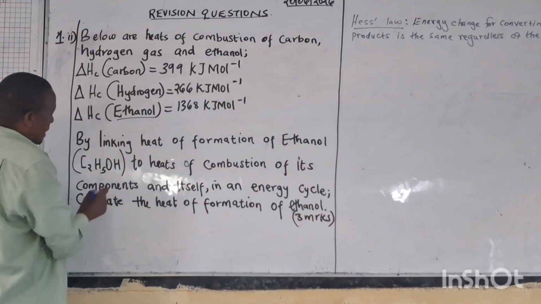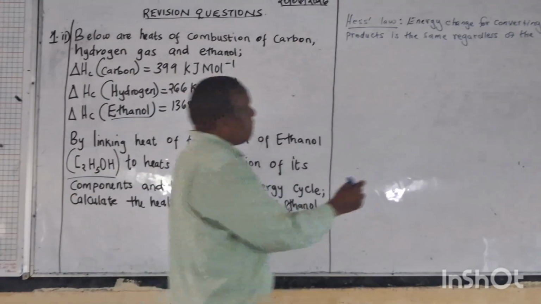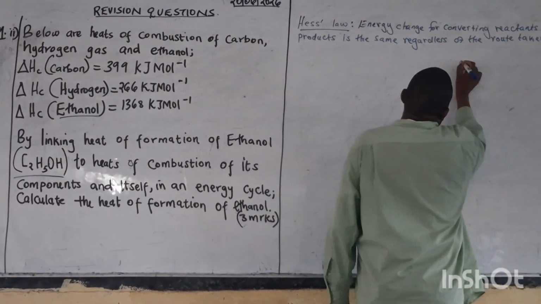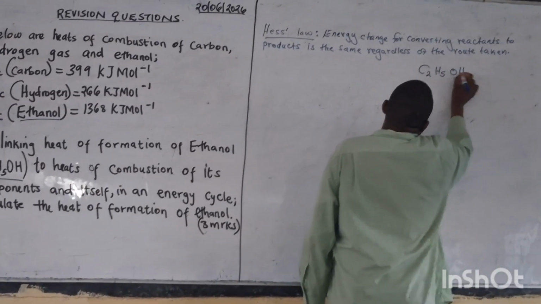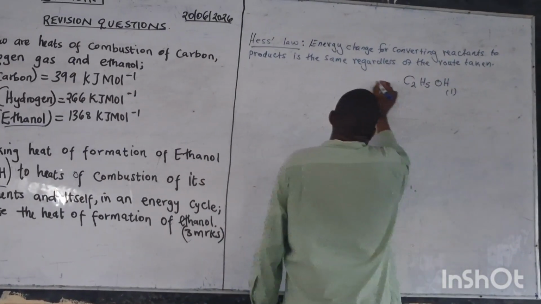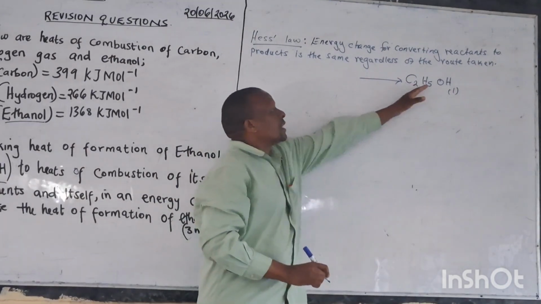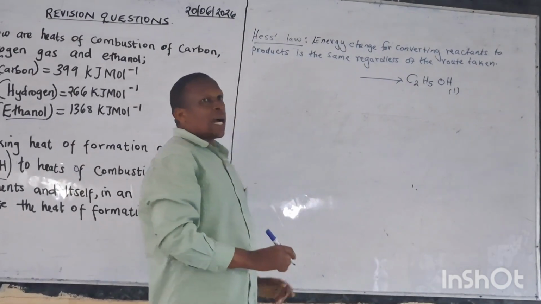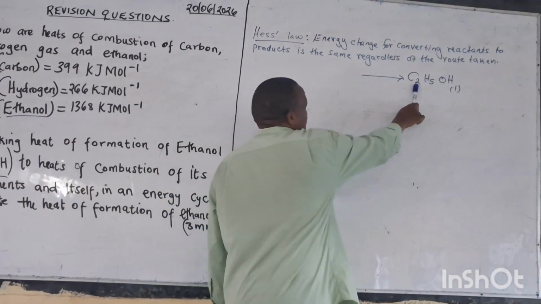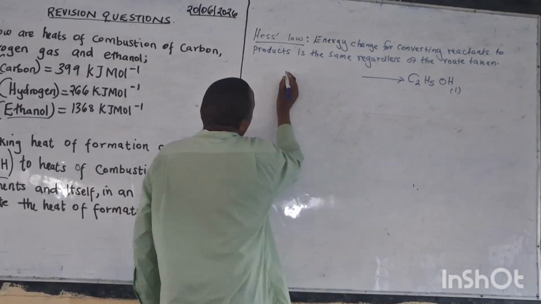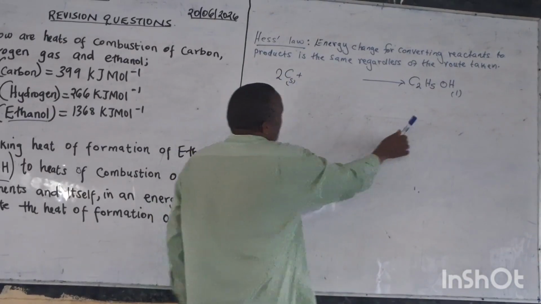What's the formula of ethanol? This is the formula of ethanol. So we start by writing the formula of ethanol, which is C2H5OH. This is a liquid. Now, we are forming ethanol. We are starting from the product, we are moving back. Which are the constituent elements in ethanol? We have carbon. How many atoms of carbon? There are 2. So we write here 2 carbon, which is a solid,